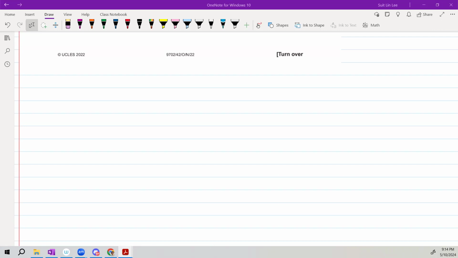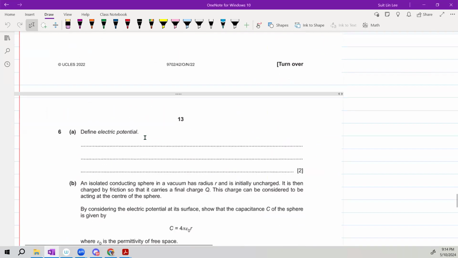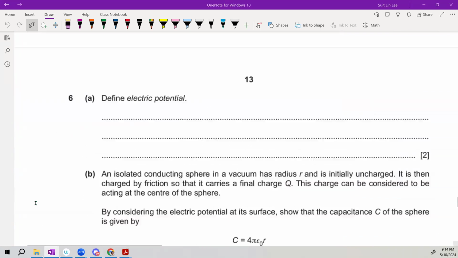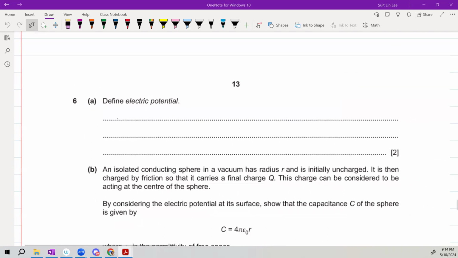Okay, this one is a bit of a question that's a little bit different than what we're used to. So the first part should be trivial. As a form of exercise, we write it. Okay. Potential is work done per unit positive charge